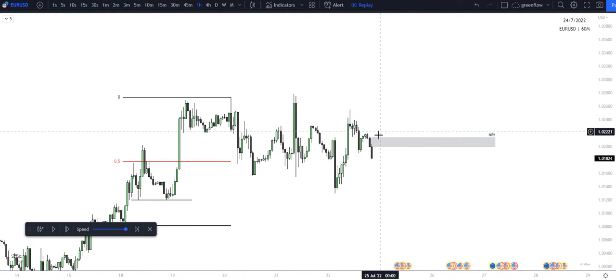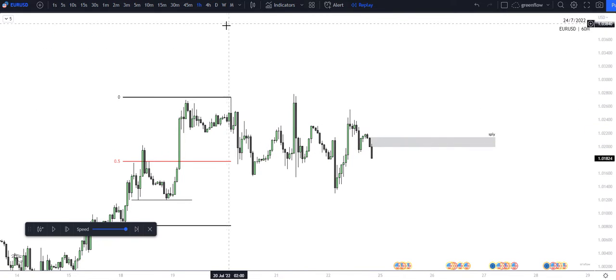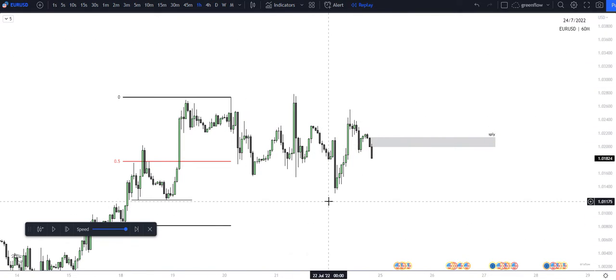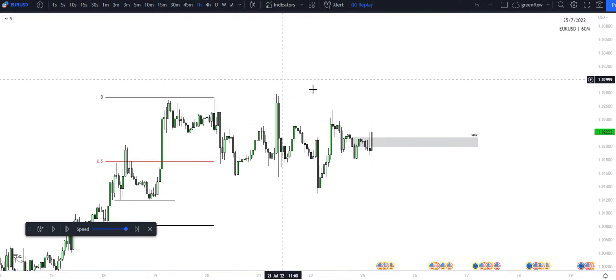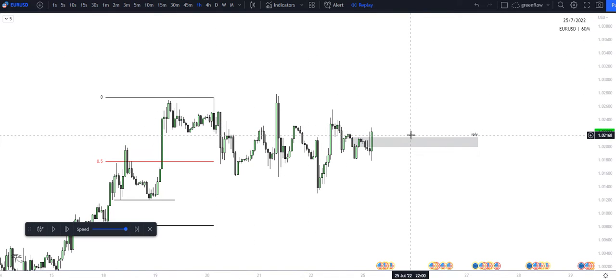So if we can see price trade back up into these areas, possibly raid liquidity of this, come back up into this area of supply that caused this lower move to the downside, then we can still see that continuation to the downside, looking for those lower prices. We can see that liquidity raid to the upside. It's now tapping into our higher area of supply, and this is something too that